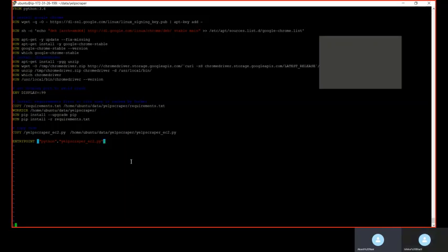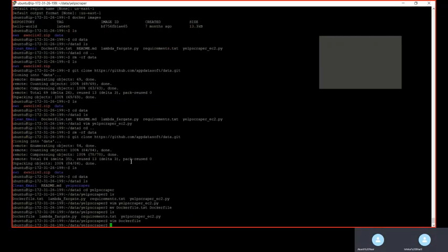Now, when you press I, you are in insert mode, and when you escape from I, you are in the command mode. So now colon and WQ to write and quit. Colon WQ, and exclamation. It's like a full stop for the command. Okay, so the new Docker file has been saved.